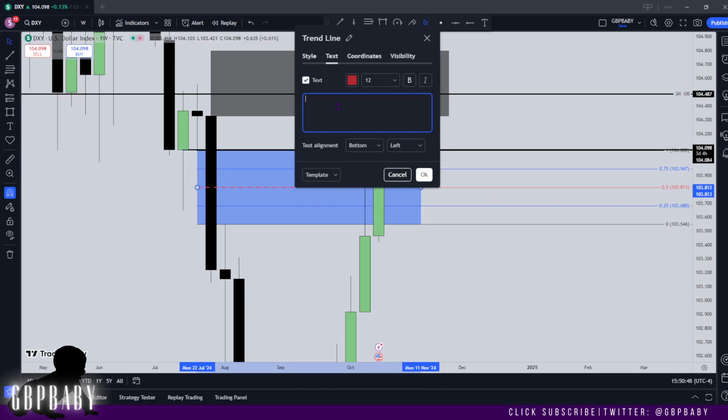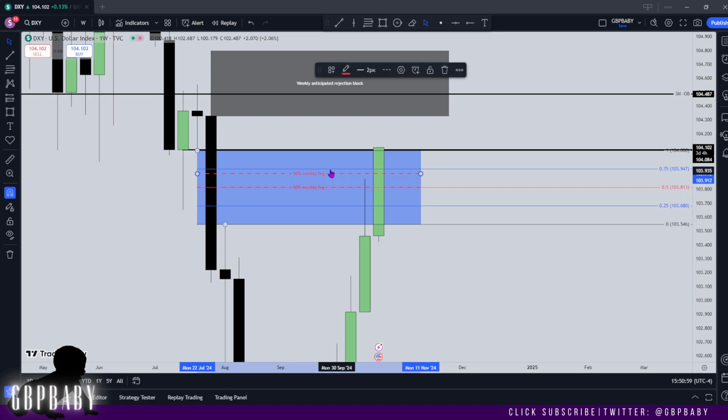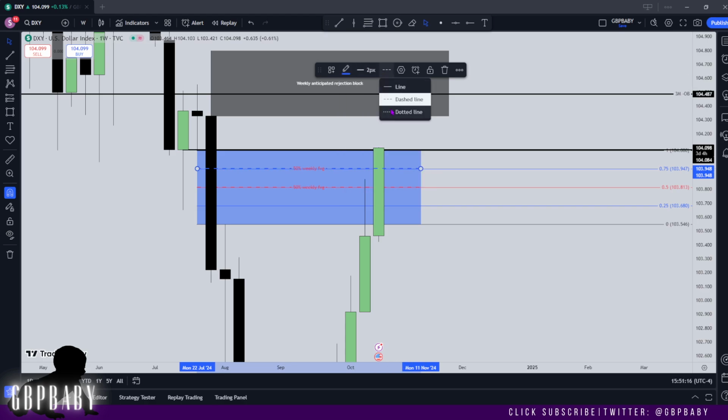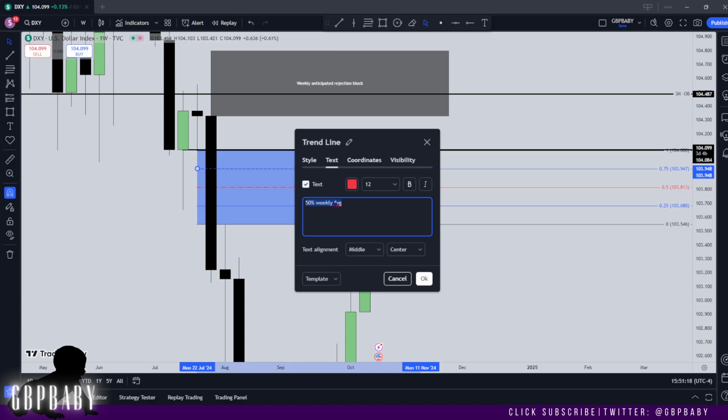I'm going to put 50% off weekly, 50% weekly fair value gap. We'll put that in the center. And then I'm also going to mark out the 25% level as well, because you see how this 25% level is a bit closer to price right now? That's why I'm going to mark this out, because it's more likely that this week price may want to retrace down into that, and so long as we know where it is and we get a reaction away from it, that can help us for sure. So let's get that marked out as 25%